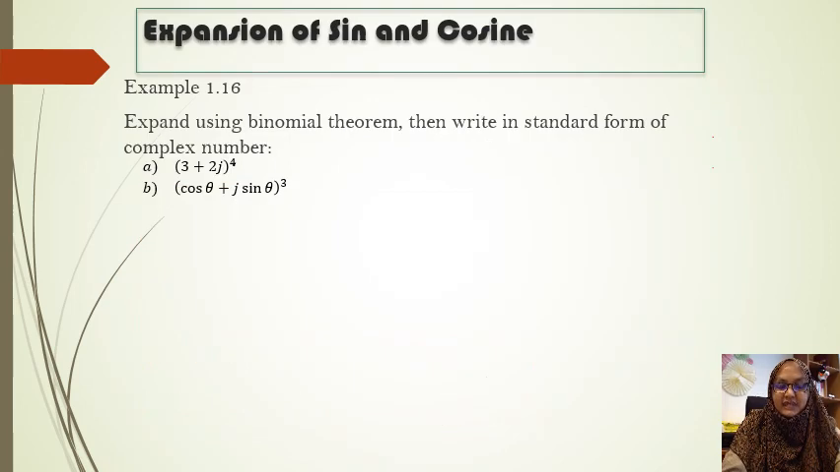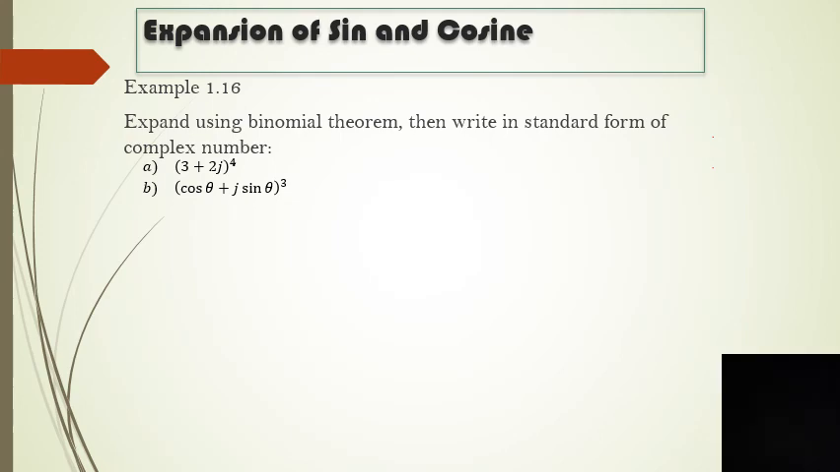Okay, let us try this exercise. Expand using the binomial theorem, then write in standard form of a complex number. Let's try for a first. For a, n is equal to 4, a is equal to 3, and b is equal to 2j. So the binomial expansion, we follow the theorem. (3 + 2j)^4 is equal to